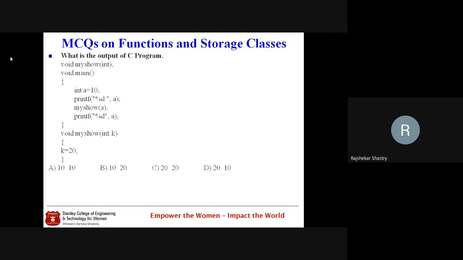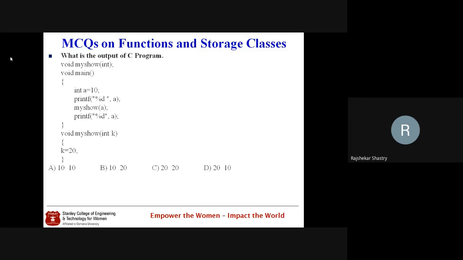In case you go in call by reference mode, of course, if you change K, then A also changes. But here in this case, though we pass A and that A is stored in K and K is changed from 10 to 20, that does not mean that A is going to change. A remains 10 only. So after my show method, the second time I am printing, the same A will be printed.